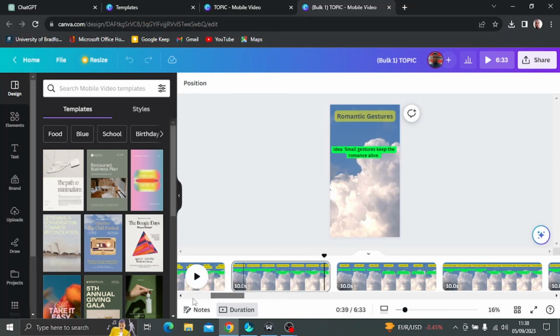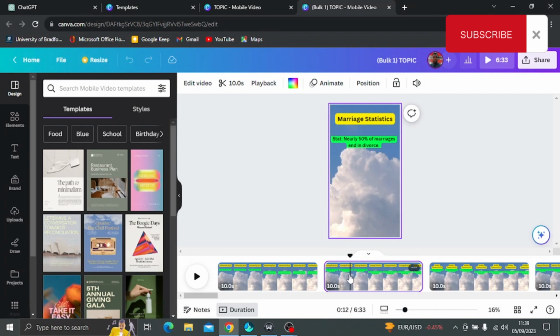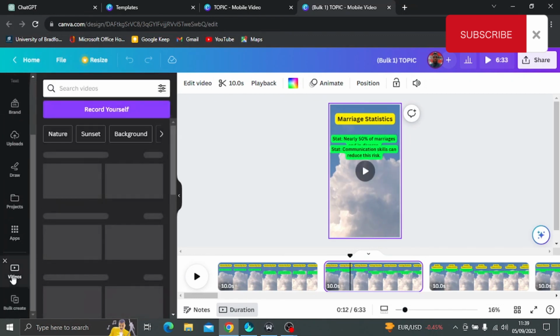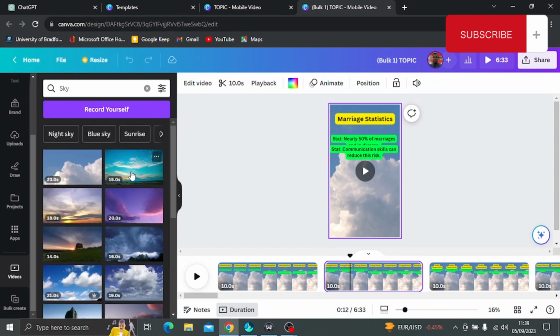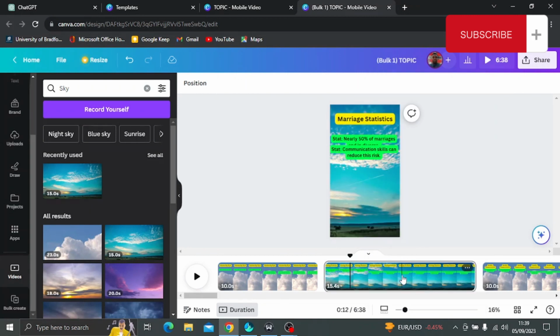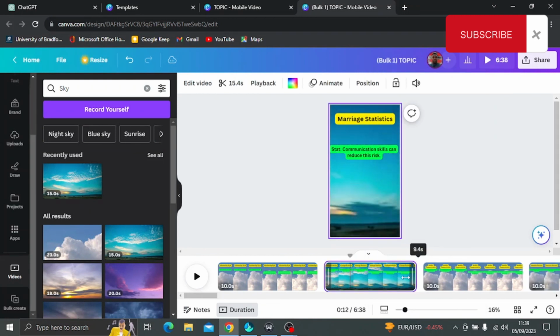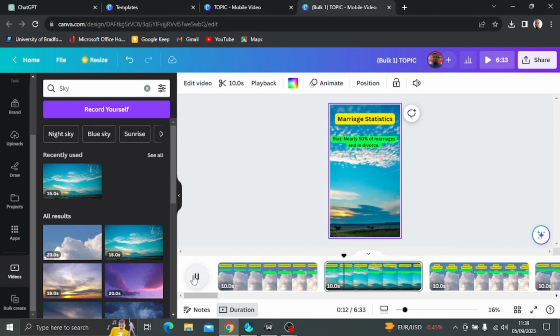If you notice, all the videos come with the same background. And that's not quite good for content creation because you need to be dynamic. Your audience will get bored if they see the same style all the time. So what you do is you click on the second video, you come to the left panel to videos. Remember, we are using Sky videos. Then you see all Sky videos here. Then you can decide to use the next one. When you click on it, it comes here, you right click, you replace as background, and that's what you have. Now this is 15 seconds. You bring it back to 10 seconds. Sorry, it was 9. Yeah, you bring it back to 10 seconds. And watch what you have here. Watch what you see. And this is what you have there.